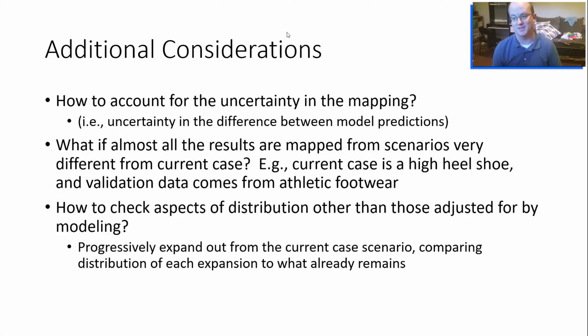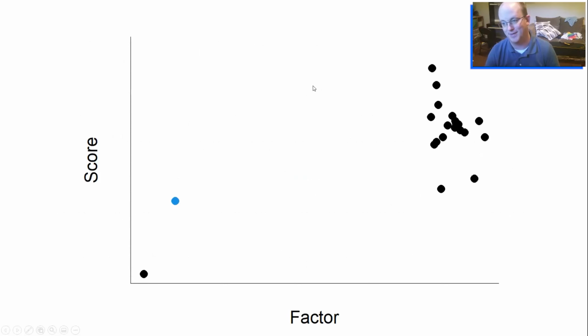analysis. And in particular, that might get highlighted, for instance, of what if you had a bunch of validation data from scenarios that were very different from the current case. Like maybe you have a ton of validation data in footwear impression comparison, where the impressions are coming from athletic shoes, but now you have a case in a high-heeled shoe. So on a simple cartoon example, that might be illustrated something like this. You have your validation data way over here. You have a current case, and then we'll throw a bone of having one validation observation over here.